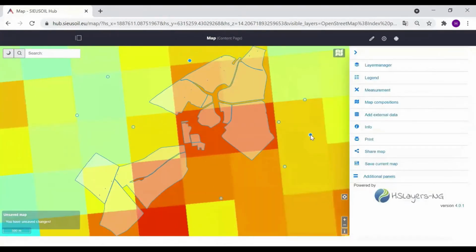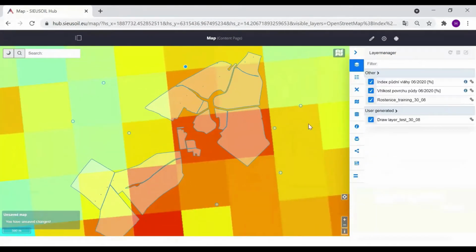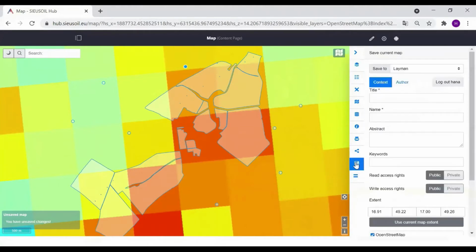Okay, as we have added some data to the map and created this, if I can say, this nice map composition, we might now want to save this as a composition to the server for later use, or you will want to show off your composition to others. For that purpose, we can click the Save Current Map button.